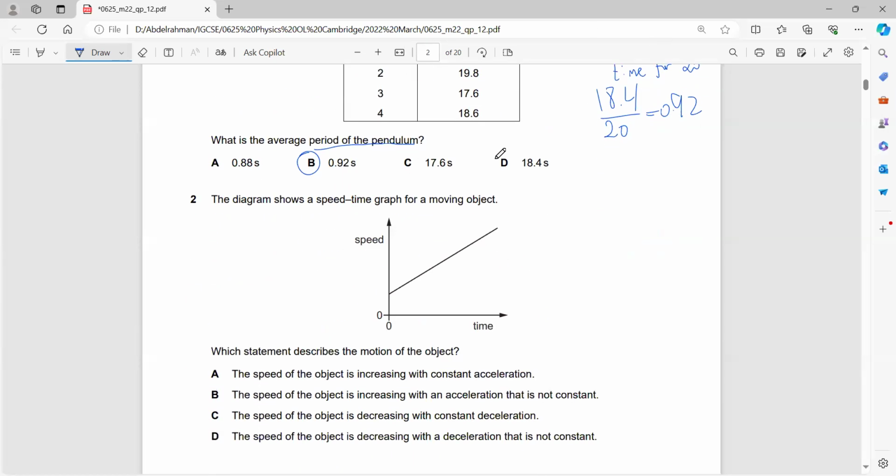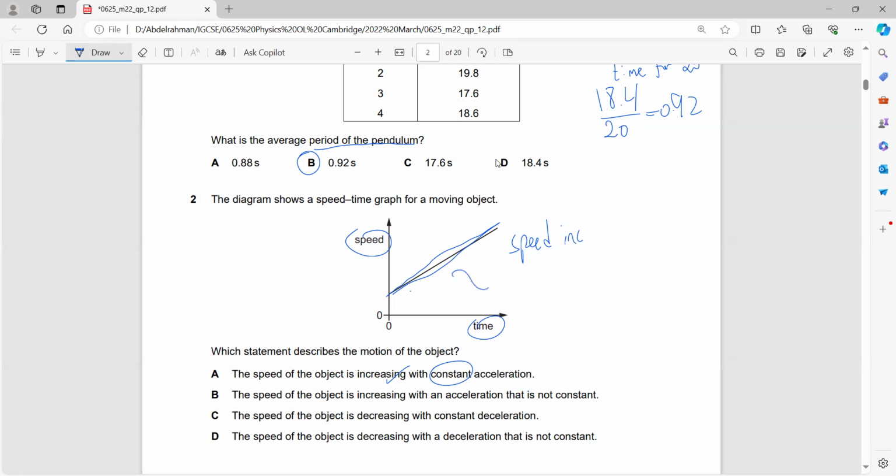Question 2. Speed time graph. Which statement describes the motion of the object? The motion of the object. This is a speed time graph. What's happening? What's increasing? Can I say that the acceleration is increasing? No, you cannot say that the acceleration is increasing. The speed, yes, the speed is increasing. The speed of the object is increasing with a constant